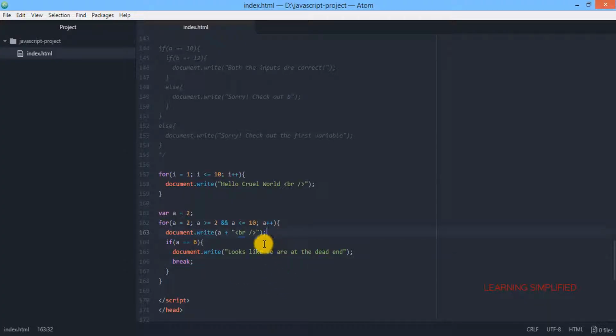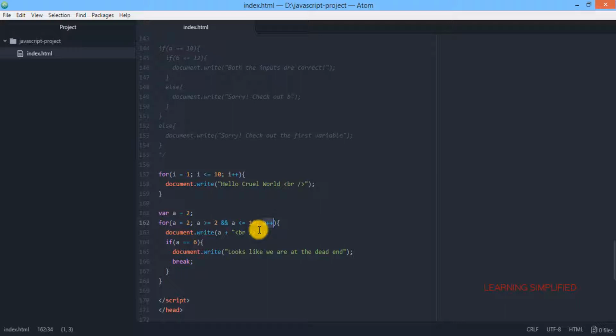So what is the mechanism behind this programming? In this first case we are doing the usual loop counting, and then it is printing those values. First of all it is checking for 2, this condition is met, and then the display into your HTML browser happens, and then the counter comes into action. It is now increased to 3, so a equals 3. Then this condition is met again, no problem with it. So again the display into your HTML browser jumps to the next increments, 4, 5, 6.